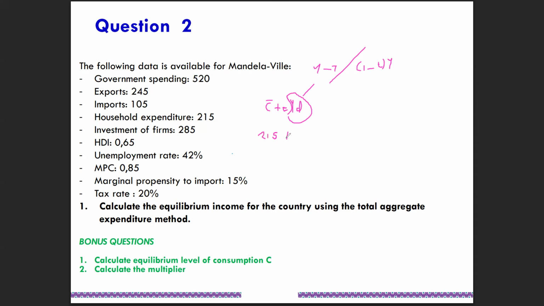Then we're going to say plus C for MPC, which is 0.85. And then we're going to also include the disposable income. So we're going to say 1 minus T, 0.2, times the income,